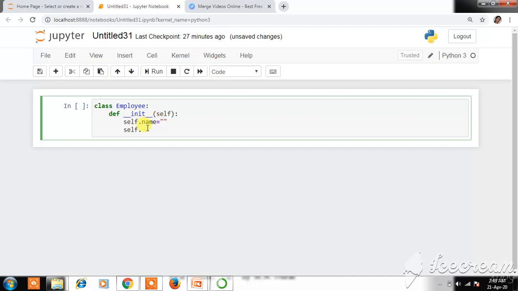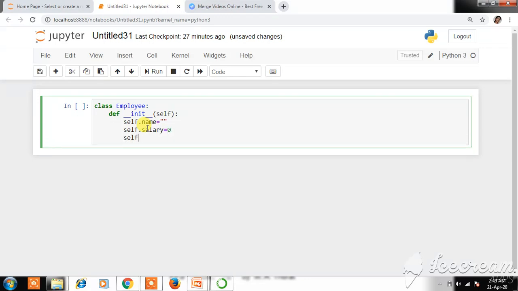Then self.salary equal to 0, and then self.designation equal to again a blank string. Okay, so we have assigned the default values to all three parameters in the init method.